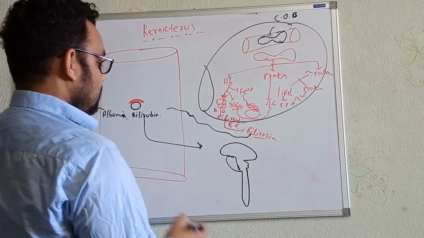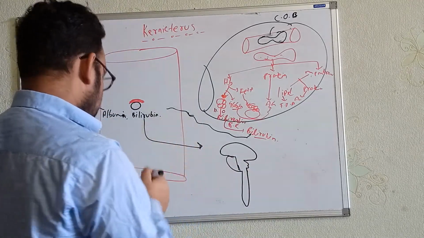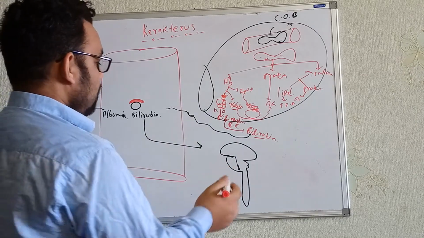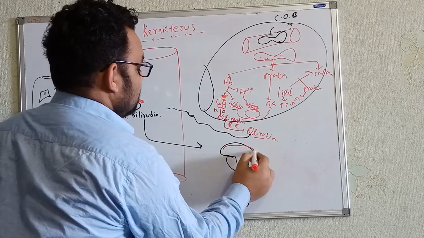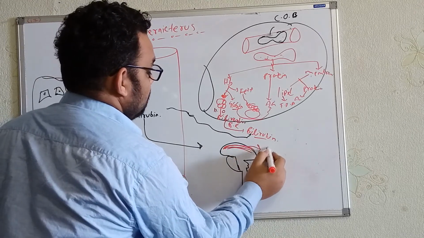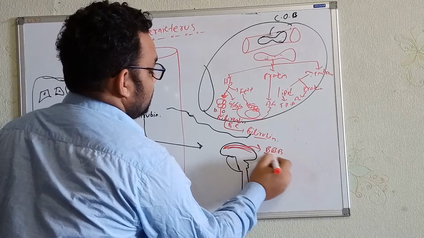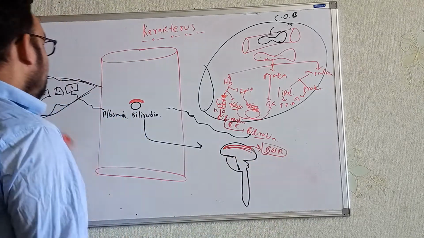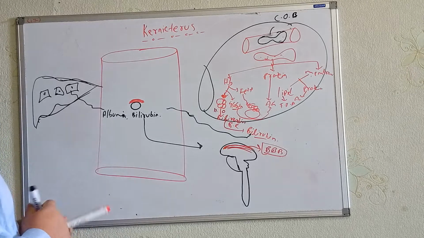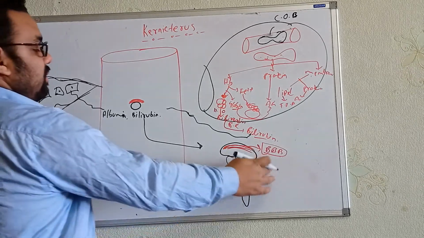Is the blood vessels, and from the blood vessels, there is a chance for the bilirubin to, let's suppose, in this brain, this is known as the blood-brain barrier. BBB stands for the blood-brain barrier. I'll show you here. Just before that, let me tell you that there is a chance for the bilirubin to go within this blood-brain barrier.